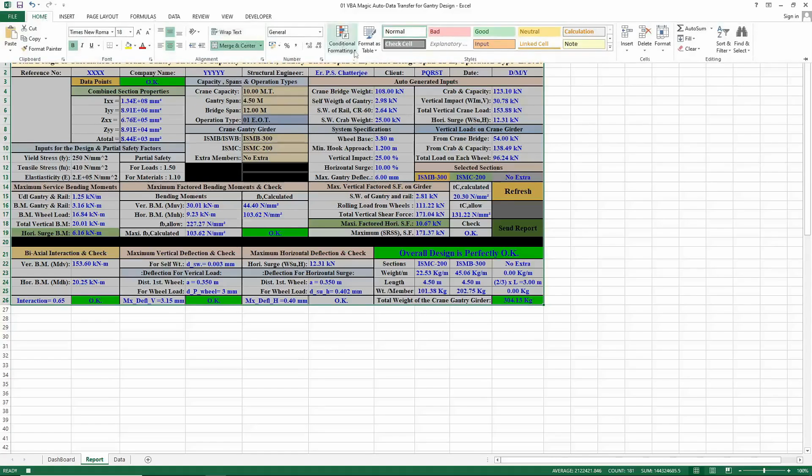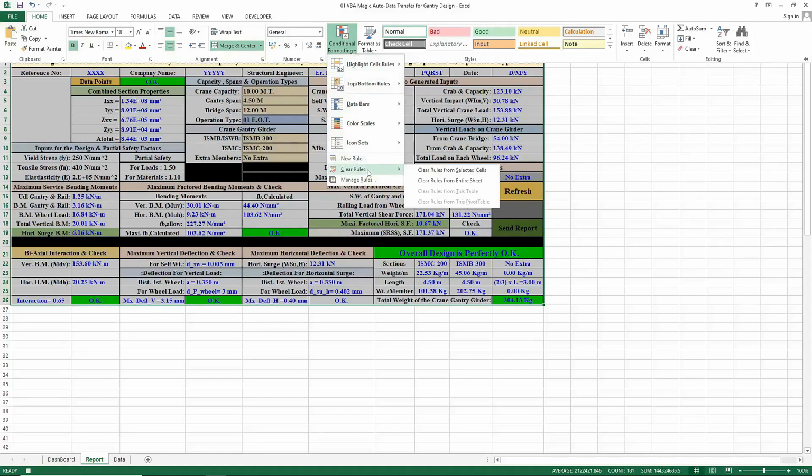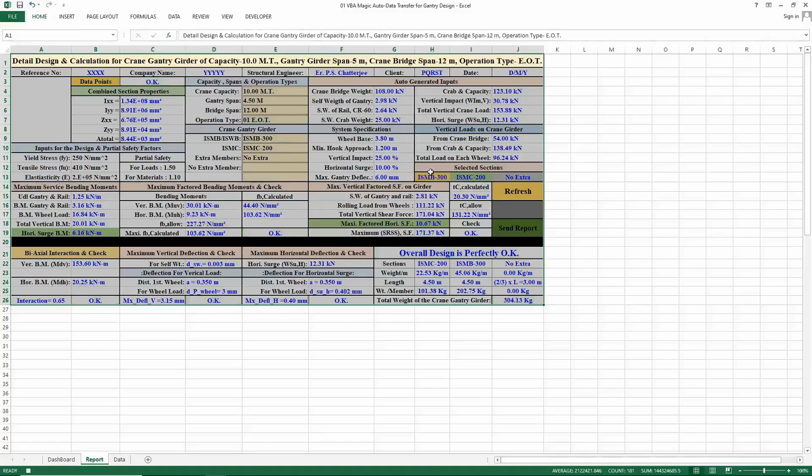Look for the conditional formatting icon in the center of the ribbon. In the drop-down, hover over Clear Rules and select Clear Rules from selected cells. By doing this, we have successfully stripped away the underlying logic from every single cell while keeping our visual design